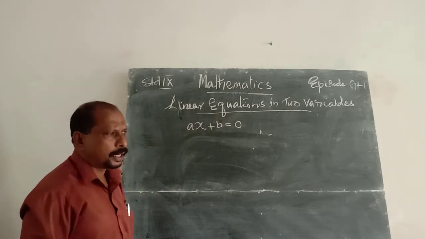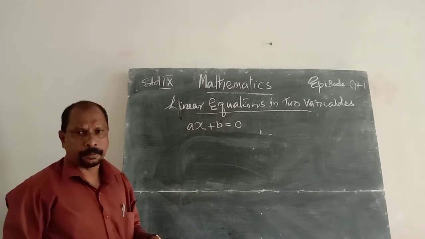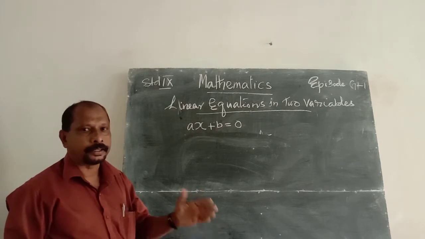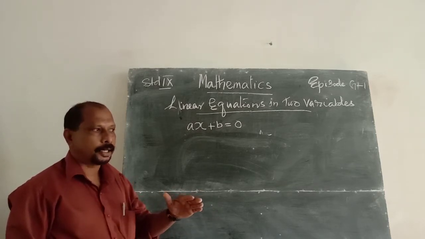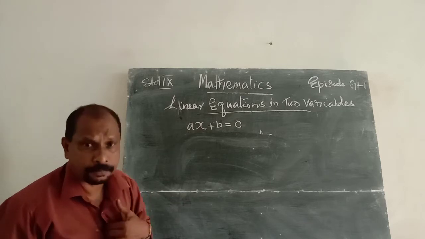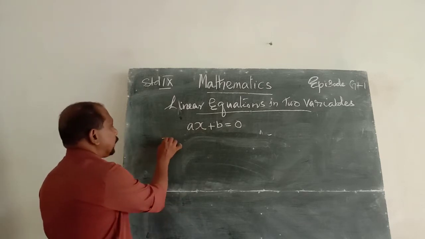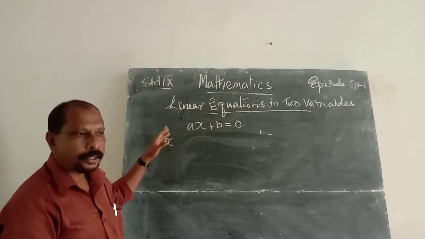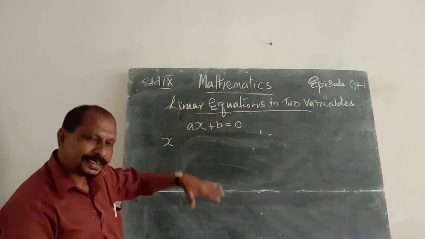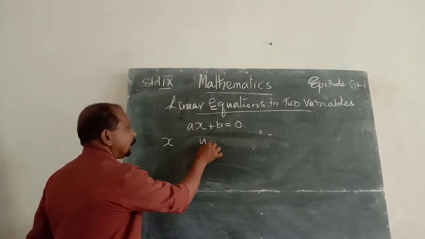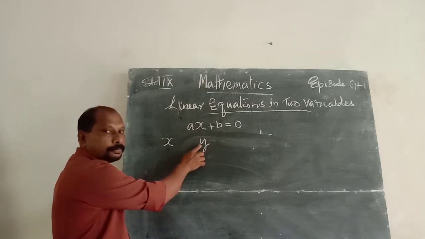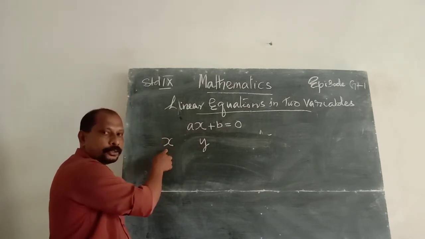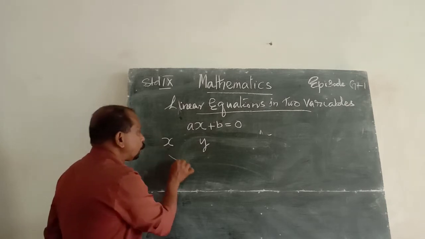But let us consider two variables. For example, age of father and son. Age of father, let us consider there are several ages. X as the age of father. That is a variable. And age of their sons, that is y. Therefore, y varies from person to person, and also x varies from father to father. Therefore, how many variables? Two variables.